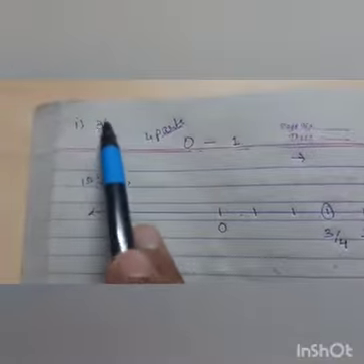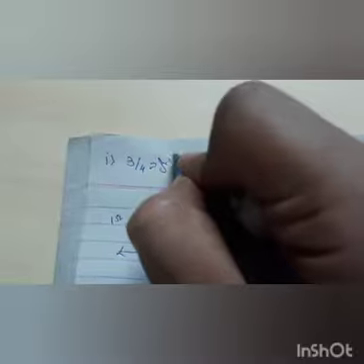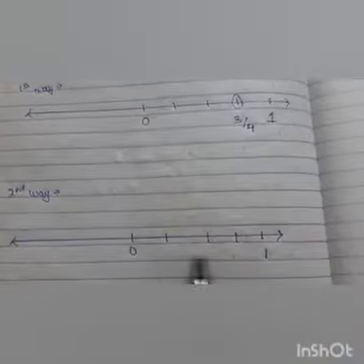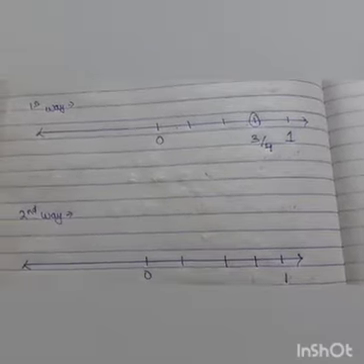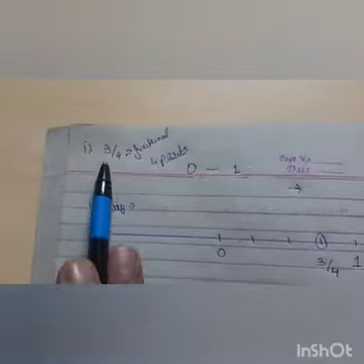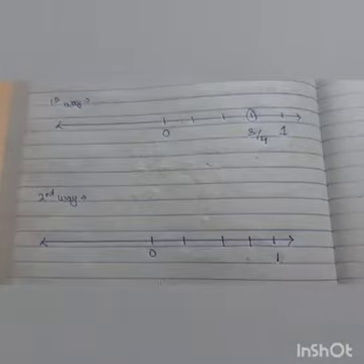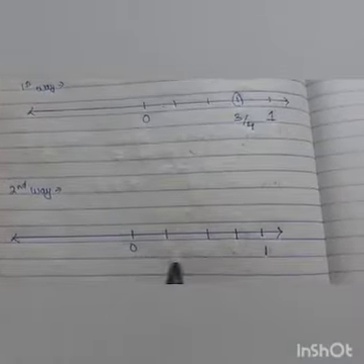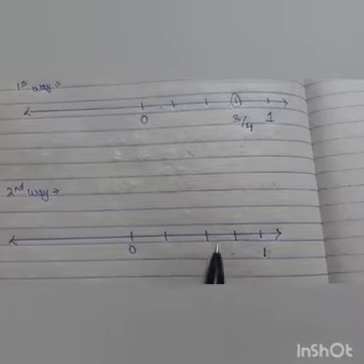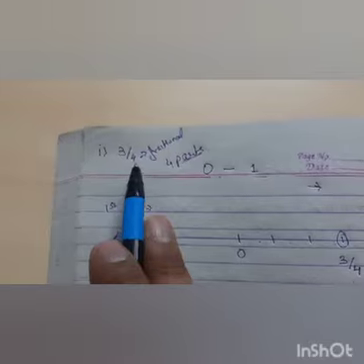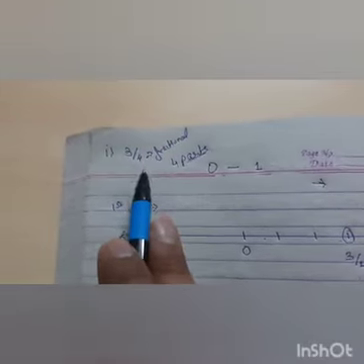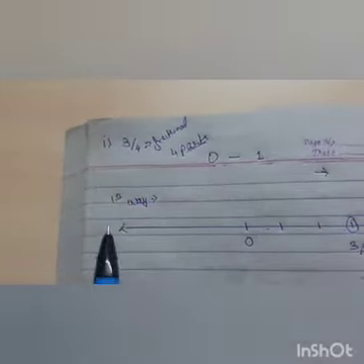Since it's a positive proper fraction, it will always lie between 0 to 1. Now this 3 by 4, what type of quantity is this? This is a fractional type of quantity. That means whatever number we are going to write here should also be in the form of fraction. Why? Because the question is only given in the form of fraction. So how can we write 0 or 1 or the in-between values in the form of fraction? By dividing them by 4. Why dividing them by 4? Because in the question itself it is given 4. Understand what I am saying.